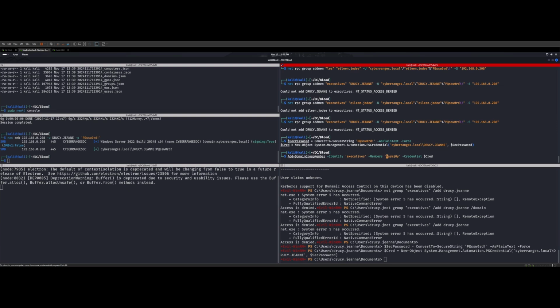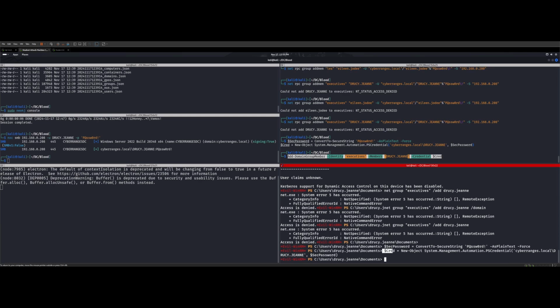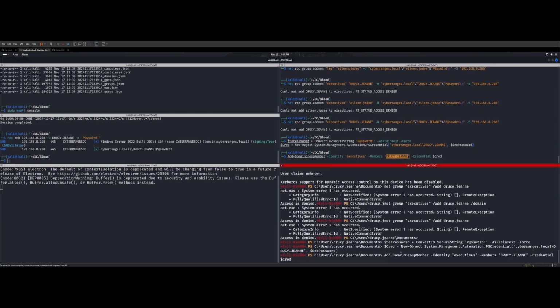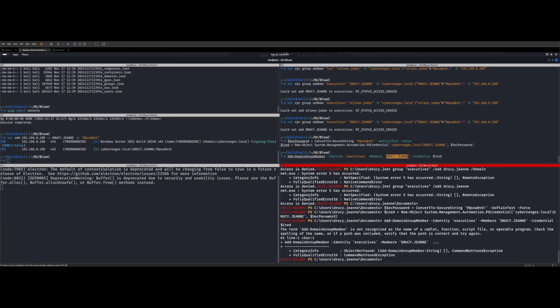Our member is going to be this person right here. Then we're going to put in those credentials, that $cred, so it's going to call for that variable that we just created. We'll try that, and it says Add-DomainGroupMember is not recognized as a command. Okay, so that's another problem. We don't have Add-DomainGroupMember. We may not have that for another reason. We may have to upload something like